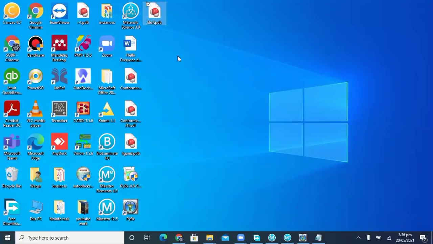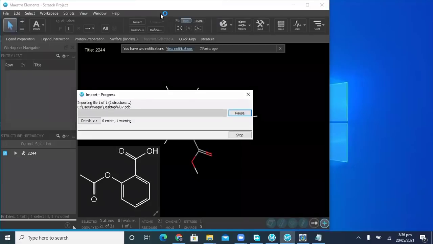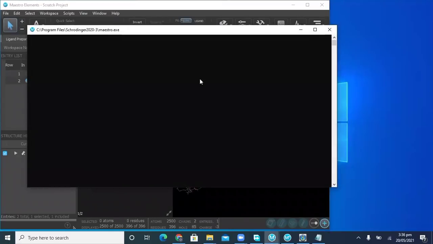Pyrex is the best software. MOE also can be used to see the interactions, but due to not having MOE and Chimera, we will use Maestro for the interaction analysis. Yes, I will repeat this process. Double click on this, and this is showing that